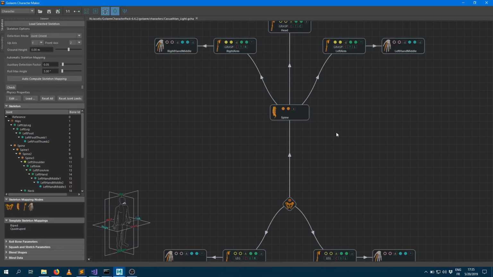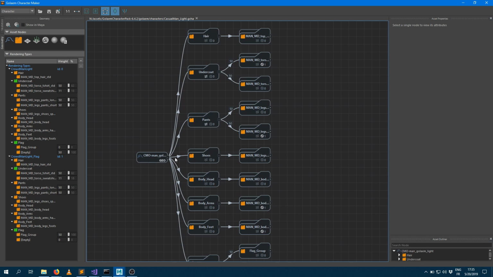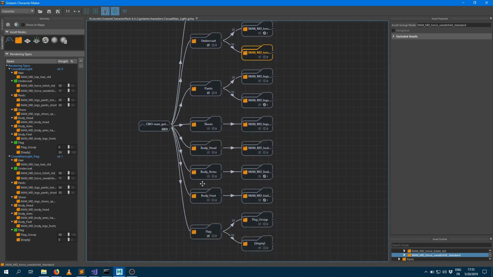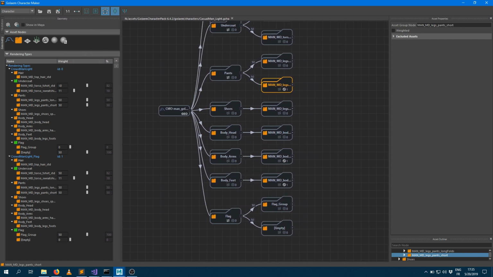We won't detail what's going on into that tool, but you can see here, as soon as I loaded the file, I have access to two tabs, the skeleton tab and the geometry tab. Into that geometry tab, we've defined some variation for the Golaem assets. So there's one variation here, which is the undercoat variation, which can be either a t-shirt or a sweatshirt, there's also a variation there for the pants, which can be either long pants or short pants. And I can decide how many characters will have each of those assets just by changing the sliders here.